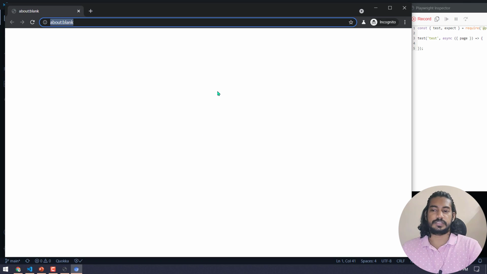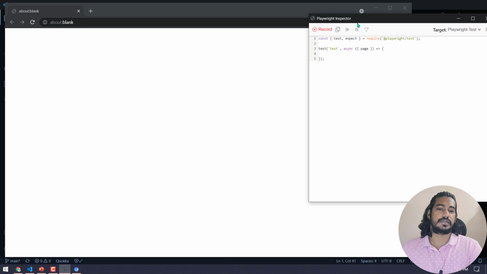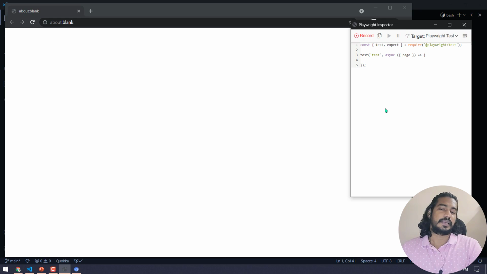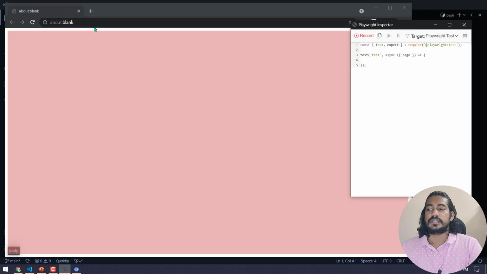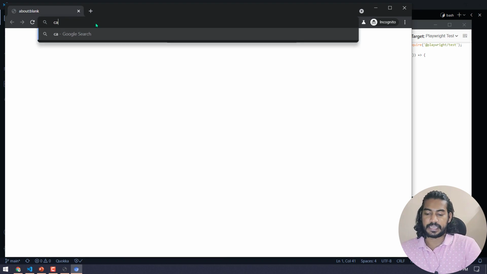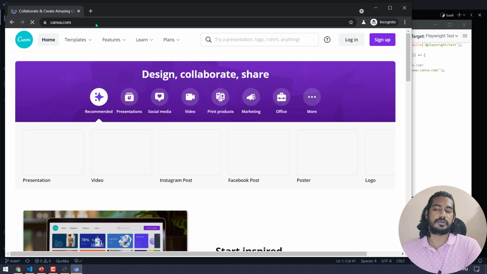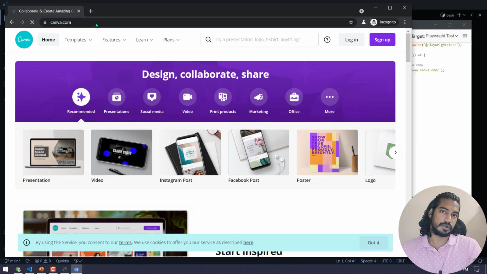Okay, so here you can see this is our browser, and this is basically the Playwright inspector, or also we can say the Playwright debugger as well. So first of all, we'll go to canva.com. Unfortunately, Letcode doesn't store any of the cookies or the local storage. It basically uses the Firebase authentication. So I'm not taking Letcode as an example here, but of course, I think most of the applications have the cookies and the local storage concept.